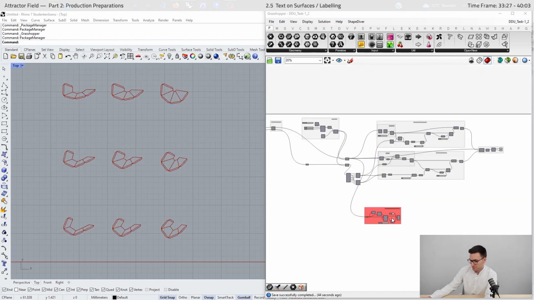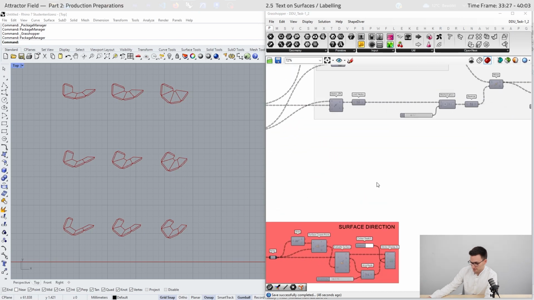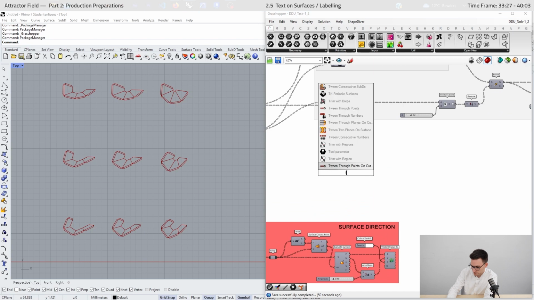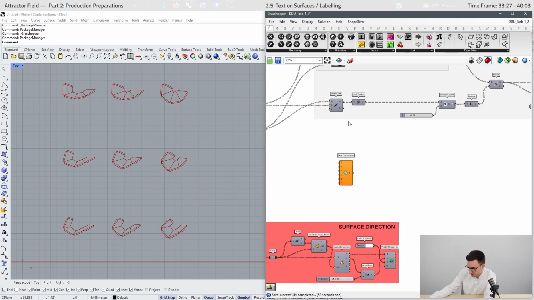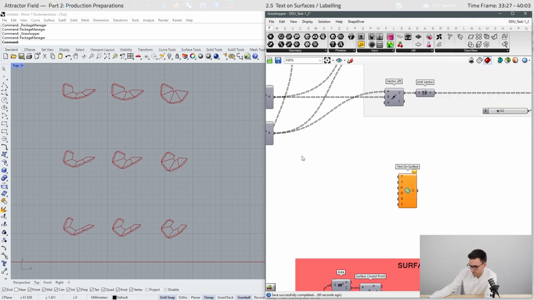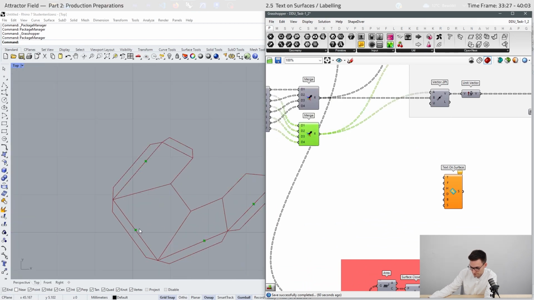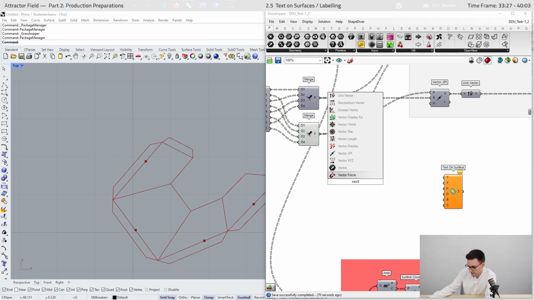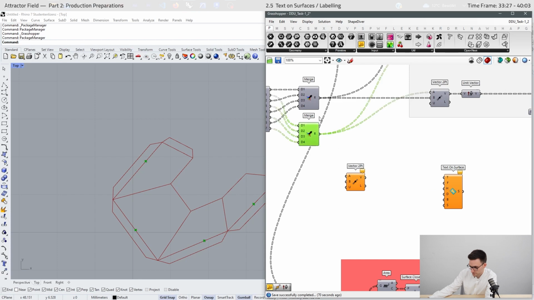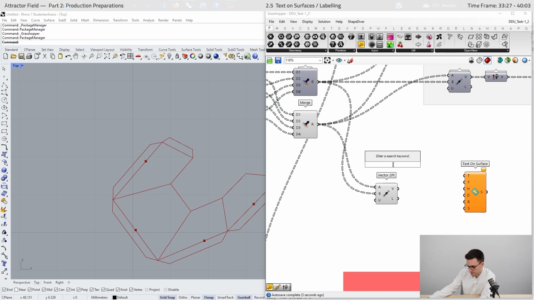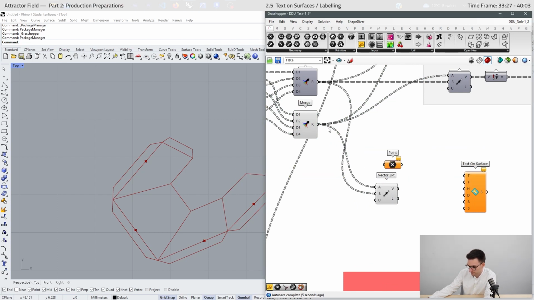Okay, for the next step we will create the labelings, markings or taggings. We will use the text on surface component, therefore we will need these points. We will start here and then move these points towards the center. Therefore we need a vector from this point to this point, and we need the points.